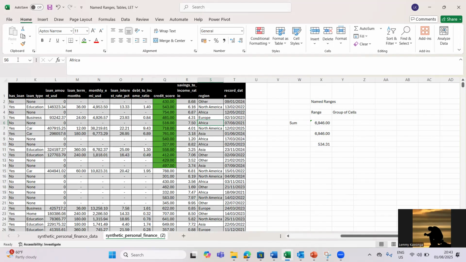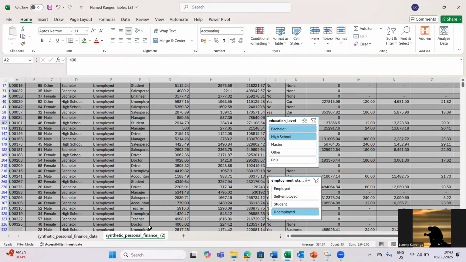So you go to this slot here. If you want to see how many ranges or even tables there are, those which are named, you just go to this drop down here. There are two. We have the credit score, and the other one is Remy Kaunga. What will happen if I select the credit score? It will highlight the range I named. If I go again to Remy Kaunga, it will show me the